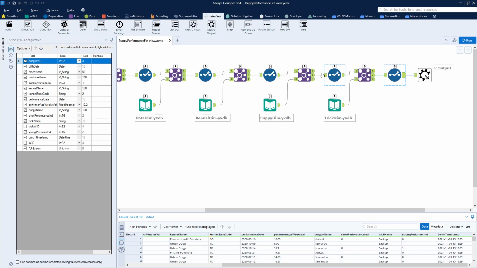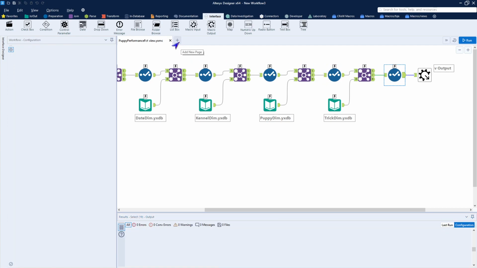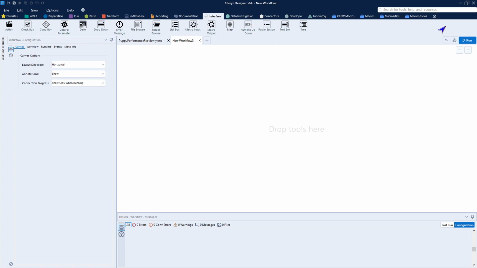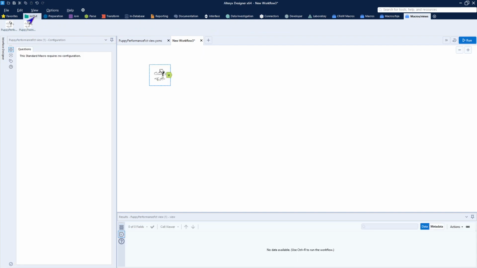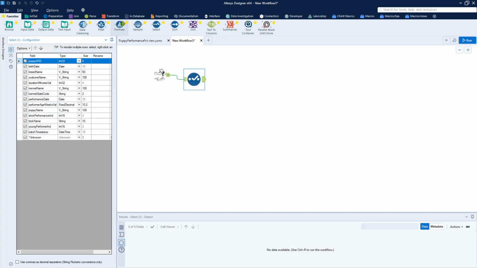So how do you use this? Very easy, because since it's doing all the work and all you do is post-processing, I create a new workflow. Again, I put all my macros up here on my category bar, and here are my views. Click on there, we have puppy performance fact. We drag it down here. We simply go back to favorites. I can do a select just to see what the data looks like. I can add in a